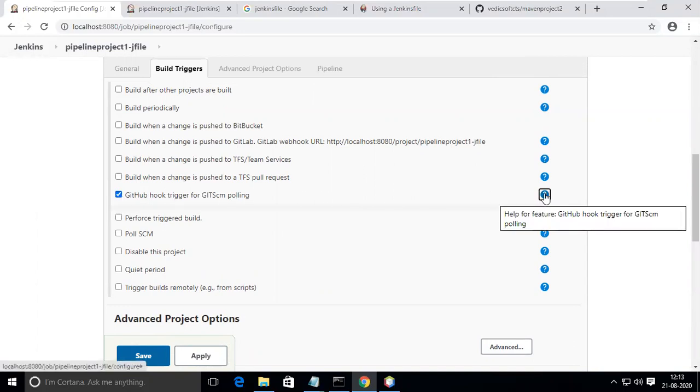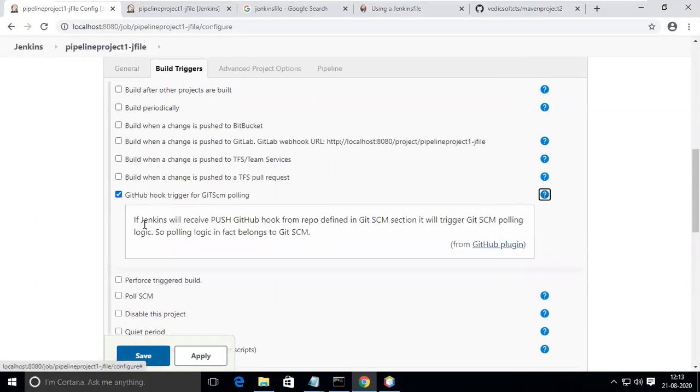We can go to the question marks also. If GitHub hook trigger for GITScm polling is set, it will trigger SCM polling logic. So the polling logic in fact belongs to SCM.